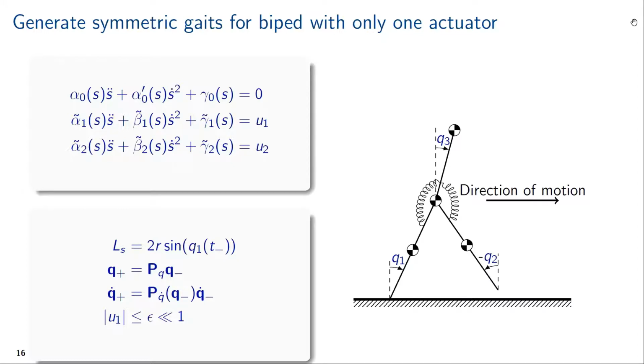Enforcing this results in 3 first-order differential equations in terms of s and its velocities, in which the last one corresponds on the right-hand side to the motor torque, which is attached between each of the legs. The second one we have denoted by U1, whereas the first one is passive. Now for U1, we want to just use the one motor, the one between the legs,